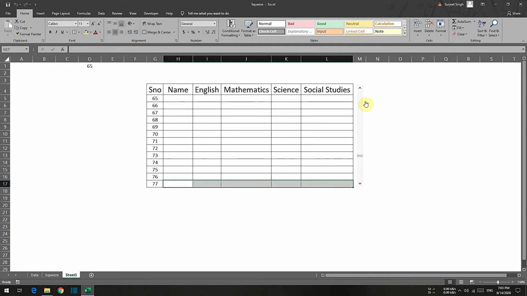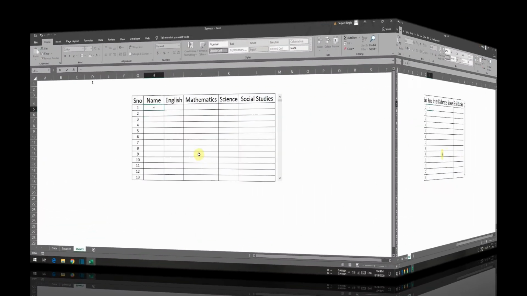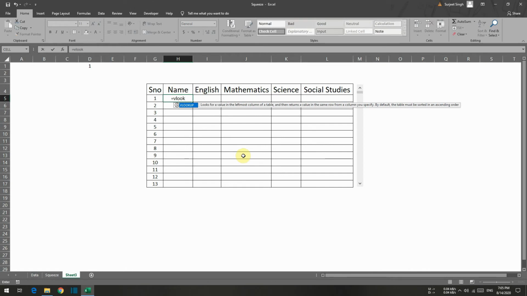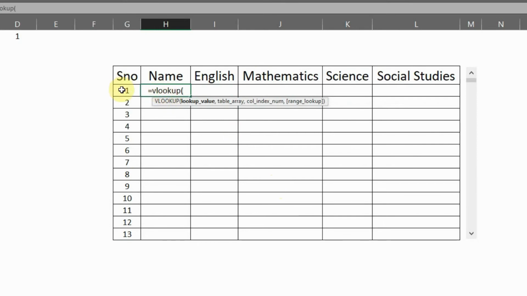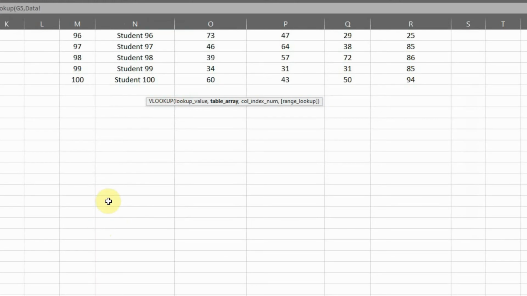Now I will simply use the VLOOKUP function that we discussed in our previous tutorial. So I will use VLOOKUP, start the bracket. I will select the serial number and select the complete data from the data sheet.